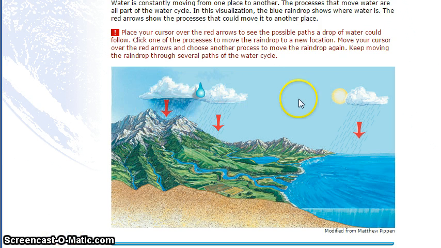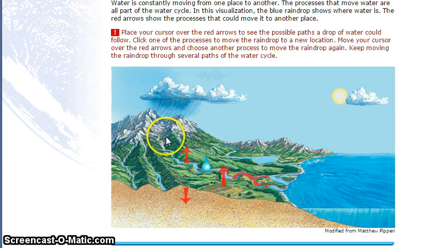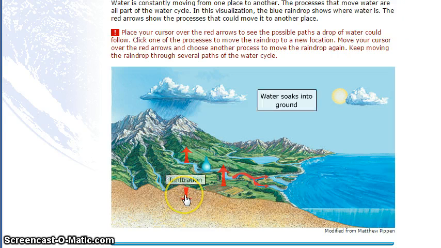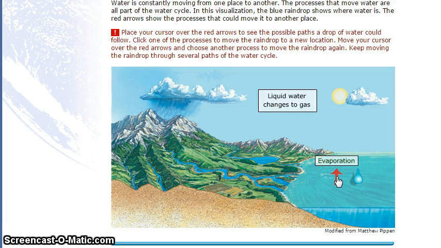With this diagram we can see the different ways that water can move through the water cycle itself. We get precipitation that can lead to melting from snow falling on top of mountains, and once the snow melts it's going to turn into a liquid. From there it's going to get into places like rivers, or it can even get into groundwater. If it gets into groundwater, then it would be able to go back into the ocean or a lake, and once it goes back into an ocean or a lake, it can then evaporate back into the atmosphere